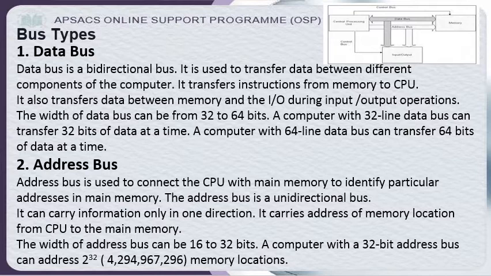So if you are using a 32-bit processor, your address bus can support up to 2 raised to power 32 memory locations, which means you can utilize up to 4 GB RAM inside your computer. But with a 64-bit processor, you can utilize up to 192 GB RAM, which means you can extend your memory inside your computer.